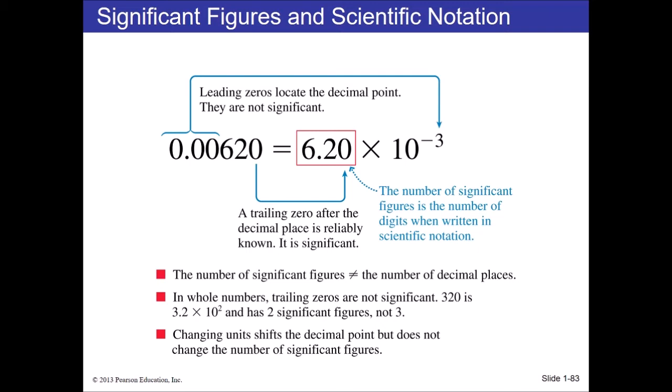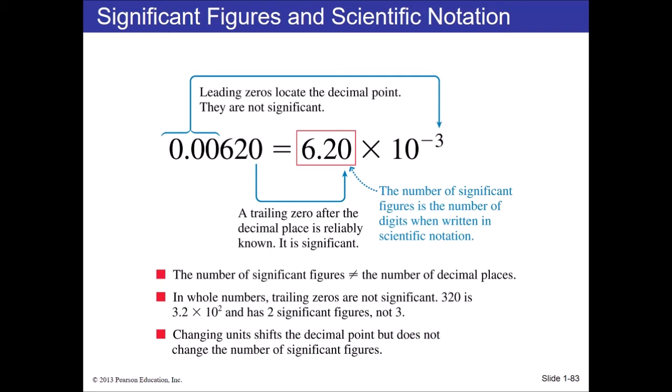Now, the zeros in the front are what we call leading zeros, and the only reason they're really there is to place the decimal somewhere. And they're meant for magnitude. And we don't always want to write those zeros because it can be very tedious to write them, especially if our numbers are very, very large or very, very small. So